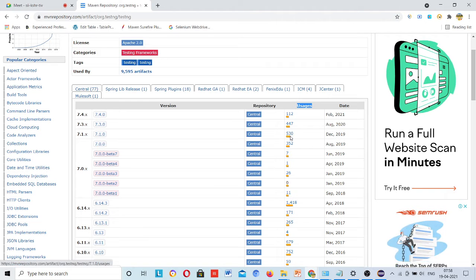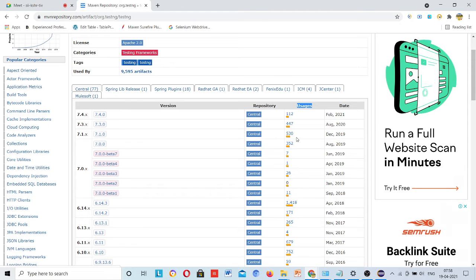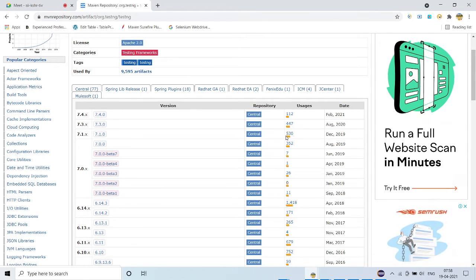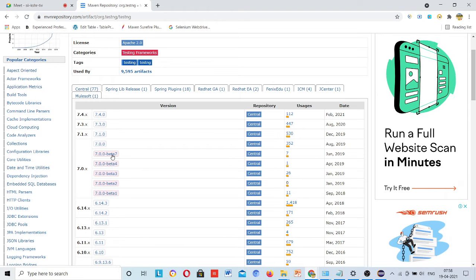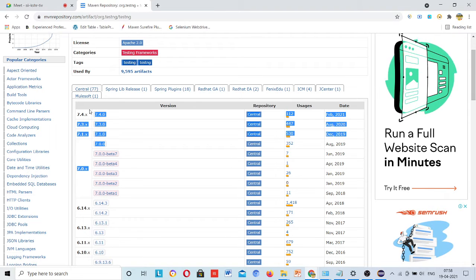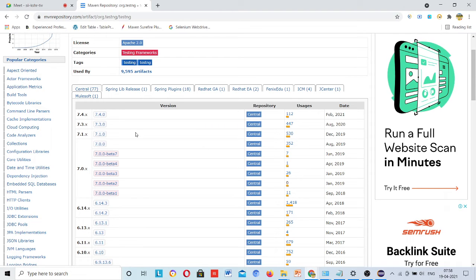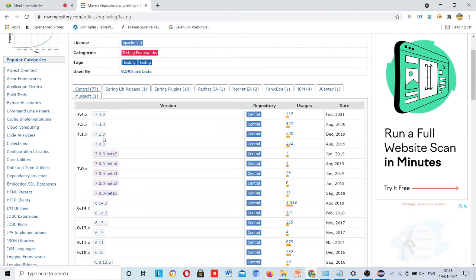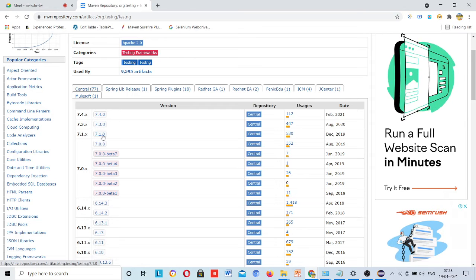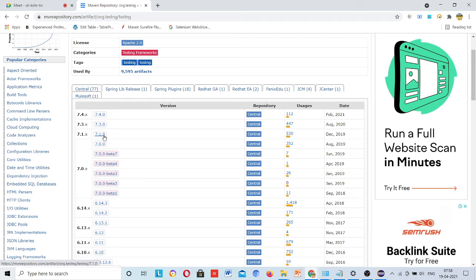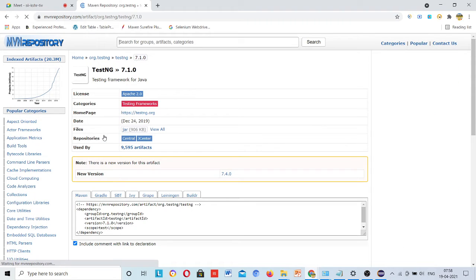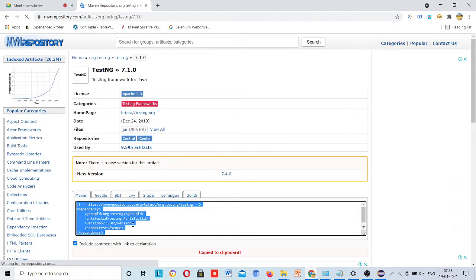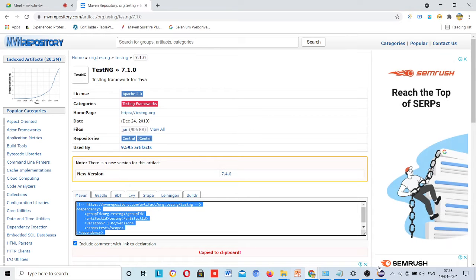This one, 7.3.0, is also stable, but the number of users is highest here, 530, and after beta they launched these 7 point versions. So you can go for 7.0, 7.1. 7.1 has the most users, so maybe it is most stable.